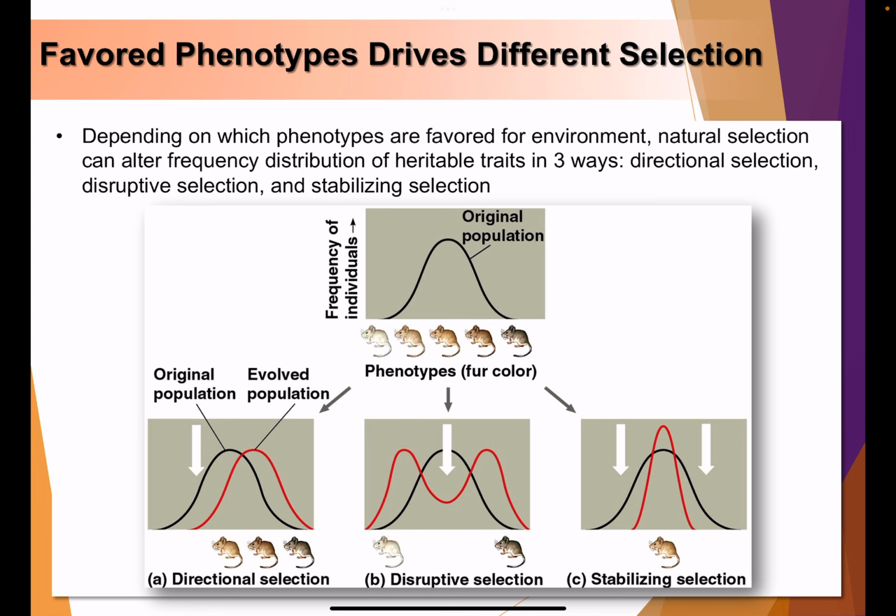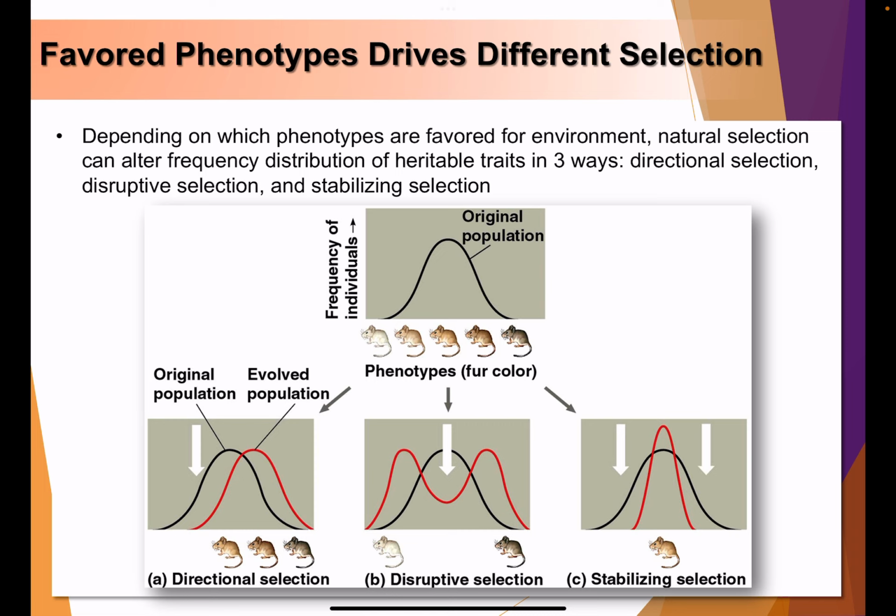So if you didn't understand what I mean by words from the previous slide, here is the graphical depiction of the three selections. Here is the graph showing you the original population of mice that varies from very pale white color to a little bit tan to brown, dark brown, and really dark colored mice. So it's a whole range of mouse fur color. Okay, so this is the original population with the peak being your intermediate, or sort of an even distribution of these different phenotypes, with the middle color being the most prevalent in this particular population.